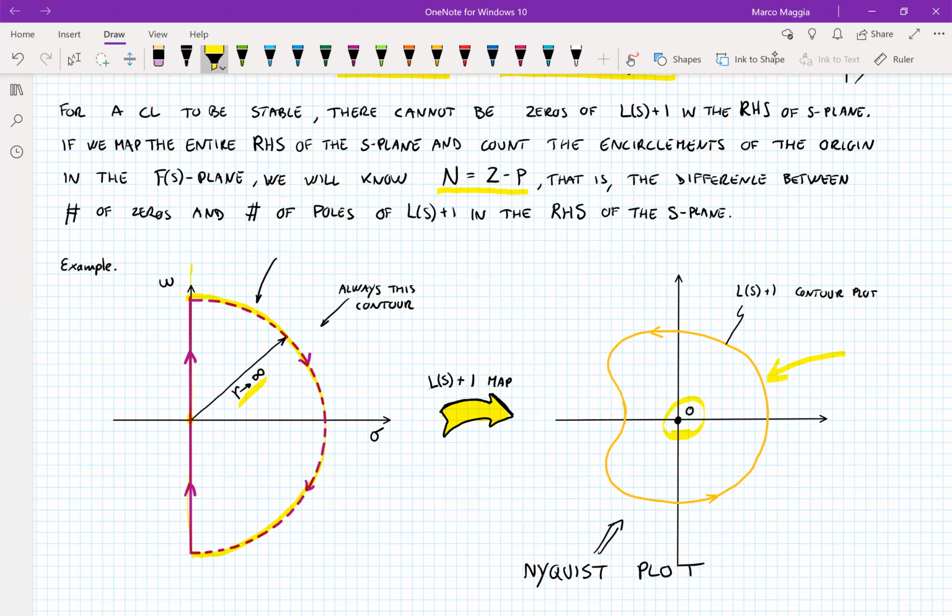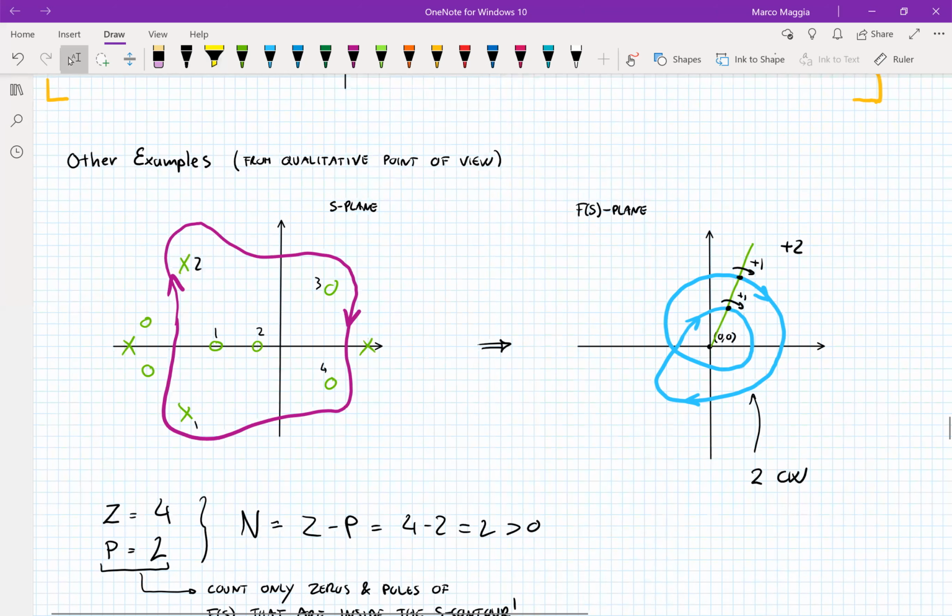What's wrong with that? Well, we would know how many zeros lie on the right-hand side of the plane only if we knew about the poles, because now we only know the difference between them. If we go back to the examples here, we have encircled in this example 4 zeros and 2 poles. So we only know that we have 2 extra zeros. But if we just look at the F of S plane, so let's say we don't know what was going on in the S plane, and we only look at the F of S plane and the mapped contour,